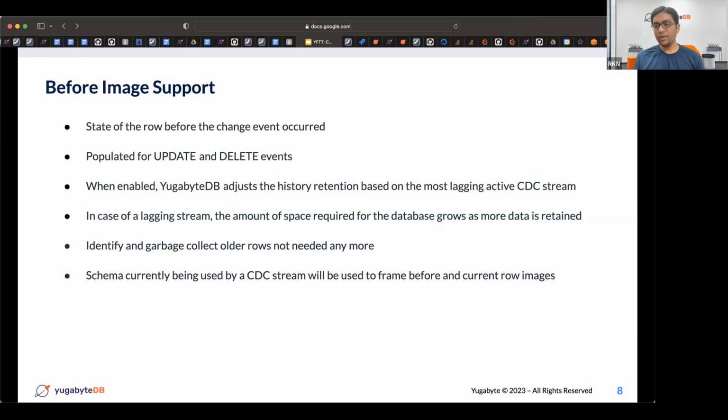Now, with the support of before image coming into the picture, we need to retain more. At the time of streaming a particular row, we stream the current version of the row, and we also stream the previous version of the row as part of the before image, right? So we always need to have the current version that is being streamed and also the previous version needed for the before image. We modify the retention logic a bit to make sure that the needed before row version is available,